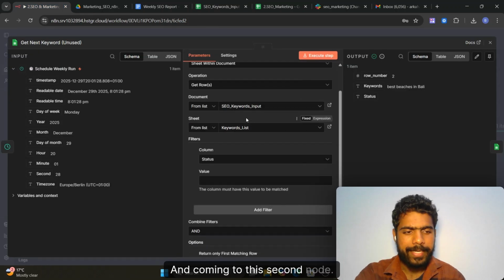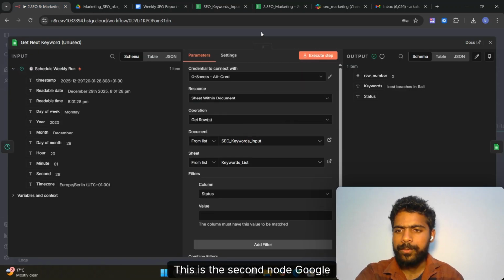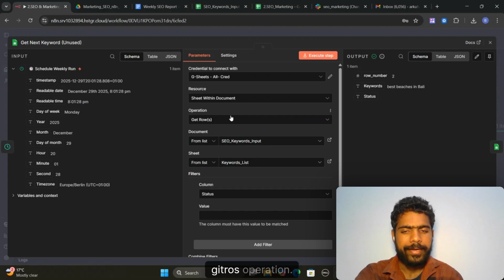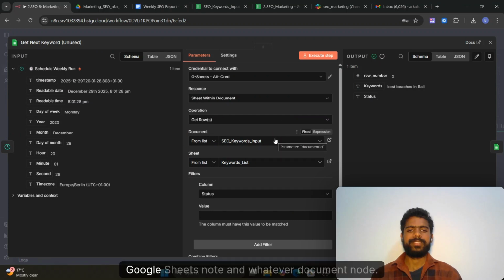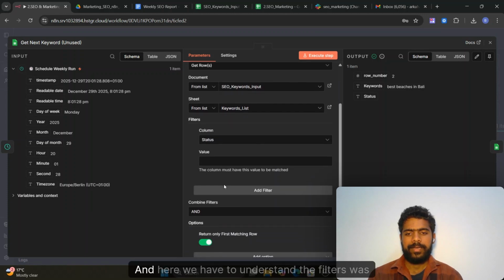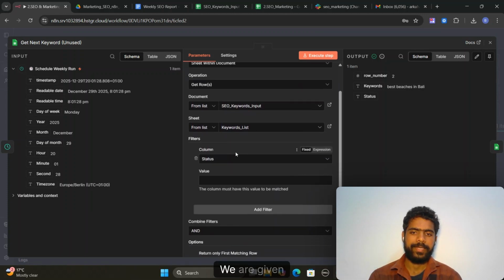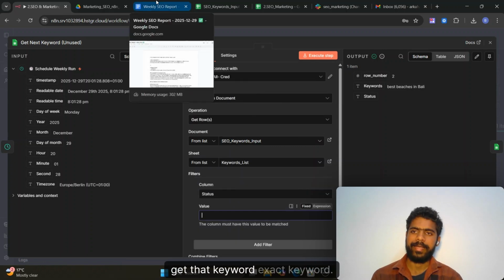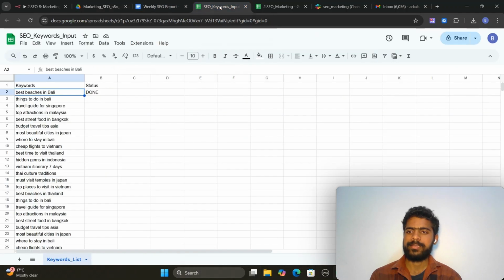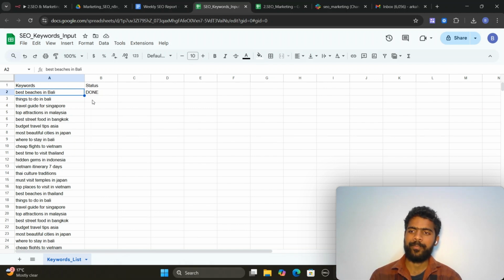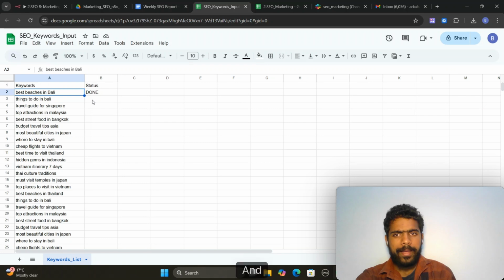Coming to this second node, this is the Google Sheets node, and we are using the get rows operation. This is my Google Sheets document and this is the sheet. Here we have to understand the filters: we have given one condition, status. Wherever the status is empty, it's going to get that keyword. For example, if the status is done, it's not going to pick up that keyword, and it's going to get the next one, and